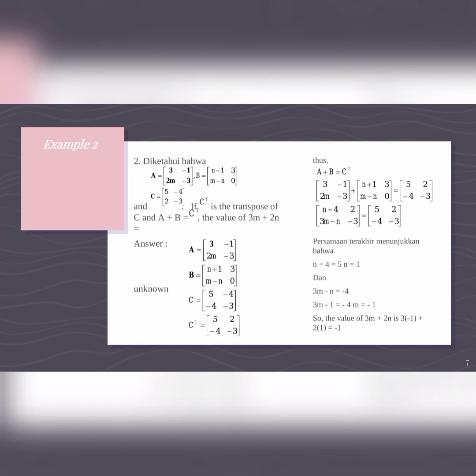If C transpose is the transpose of C, and A plus B equals C transpose, so the value of 3M plus 2N is